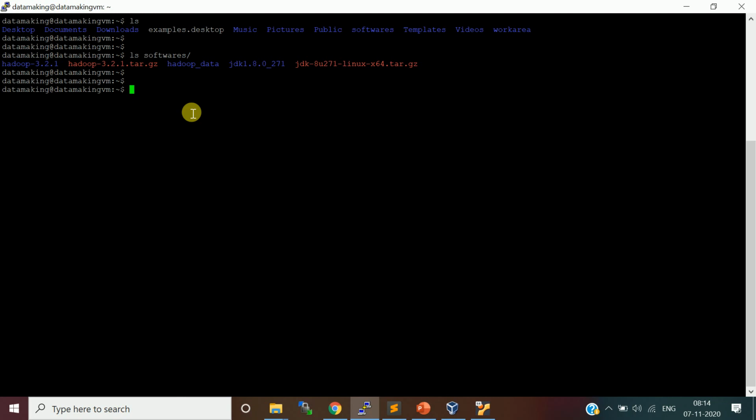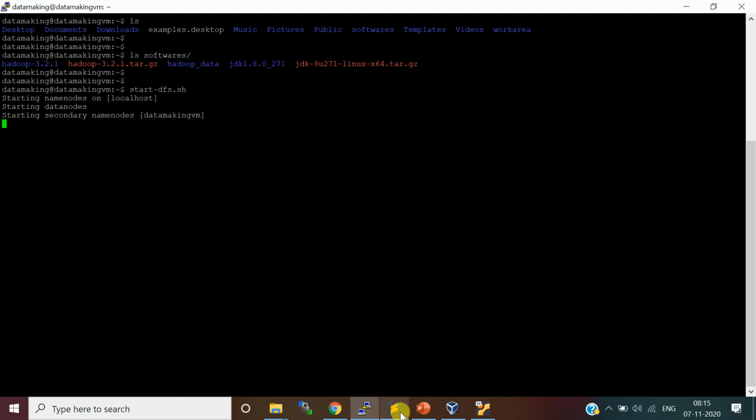I will start start-dfs.sh, which is going to create processes like the name node, data node, and secondary name node, and then we'll start the yarn script, which will create the node manager and resource manager, so that we can actually use HDFS and write Hive queries, which in turn run MapReduce jobs.